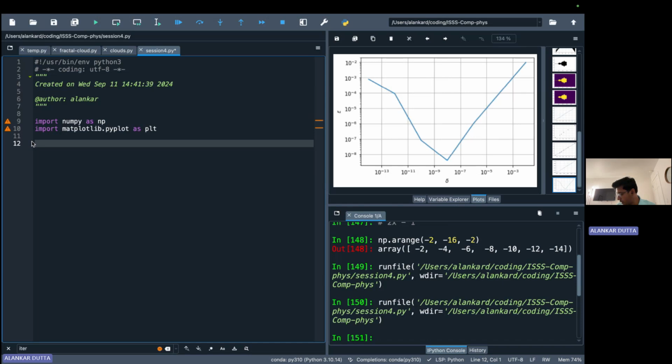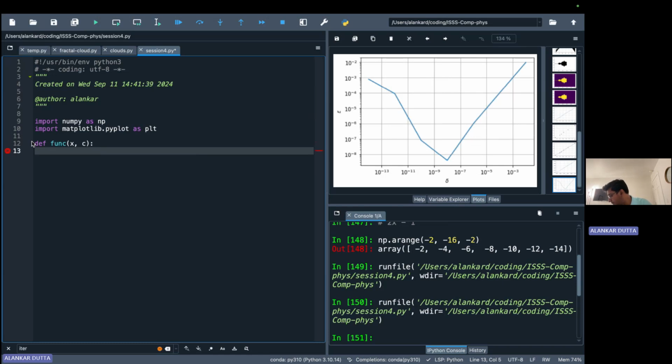So we are going to find the root of an equation. The roots of an equation are the values of the unknown where the equation equals 0. So we have to find the value of x. This equation can be rearranged, so def, let's call this function func of x comma c. For a given value of x and c, we are going to return